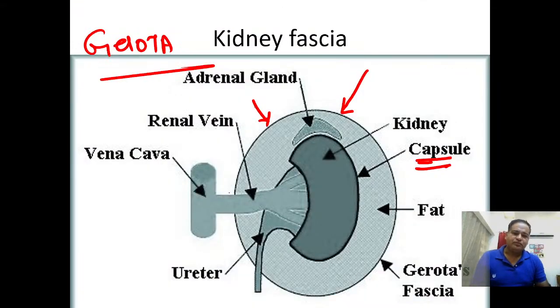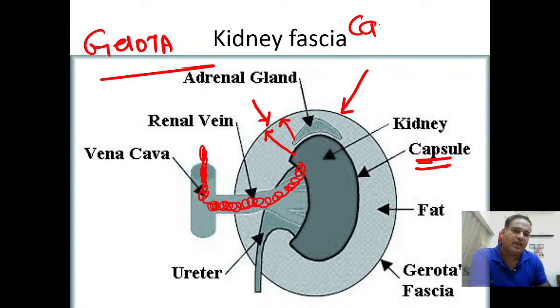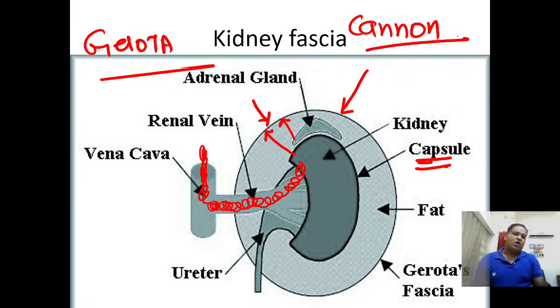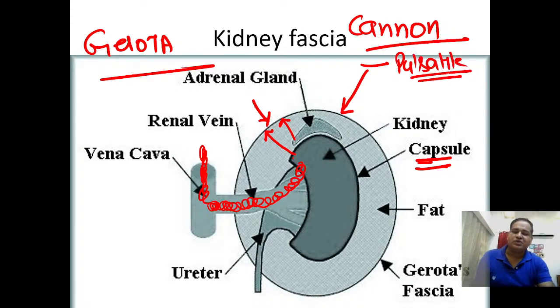Fine. Now, the point I'm trying to convey is that this fascia is so super strong that even if there is a renal cell carcinoma, such an aggressive cancer, that cancer will take a very, very long time to breach this barrier. So what happens is that cancer starts to spread through the renal vein, and then through the inferior vena cava. Ultimately, it can reach the lungs to form cannonball secondaries, and also it can reach the bones to form pulsatile secondaries. Pulsatile means very vascular bone secondaries.